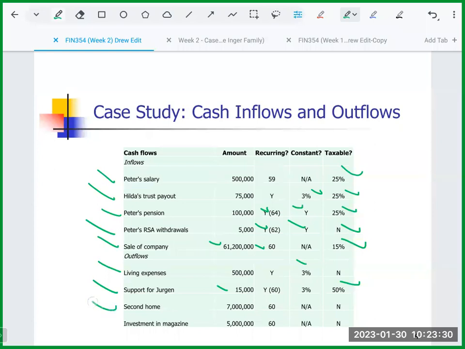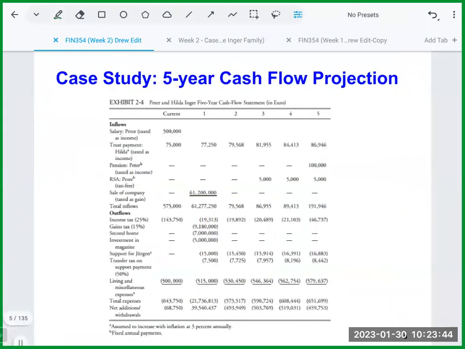Next, they want a second home, which will cost 7 million. This is quite a bit. And then they want to invest in a magazine, which is 5 million. All right. So these are all the cash inflows and outflows in the case. Now, after doing that,